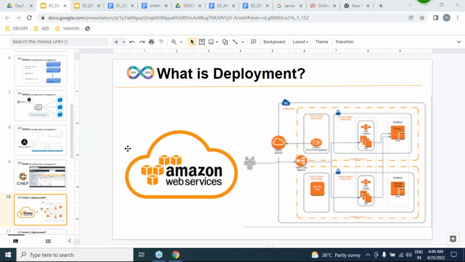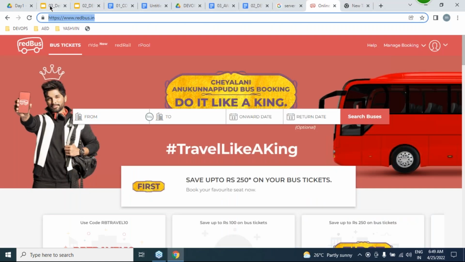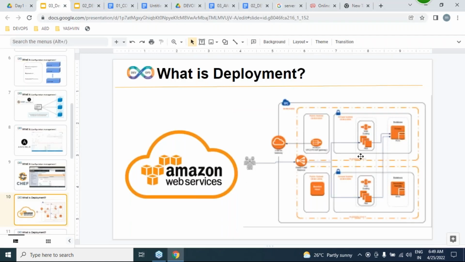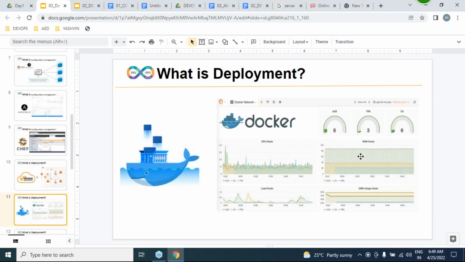So we are going to be deploying our application, means we are going to be placing our application on a cloud service. Not only deploying our application, our software, this kind of business, Redbus kind of businesses, on cloud servers, on AWS servers directly, we can also place our application in Docker containers.